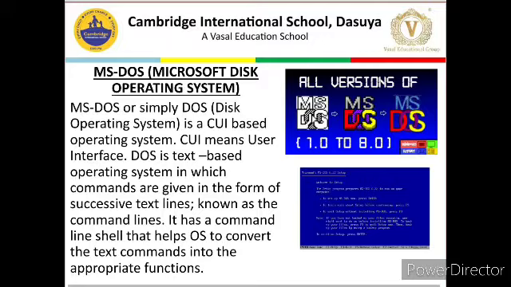It has a command line shell that helps the OS convert the text command into the appropriate functions. It is similar to the click of a mouse. The screen of the DOS operating system looks like this. You can see the blue screen with the text.